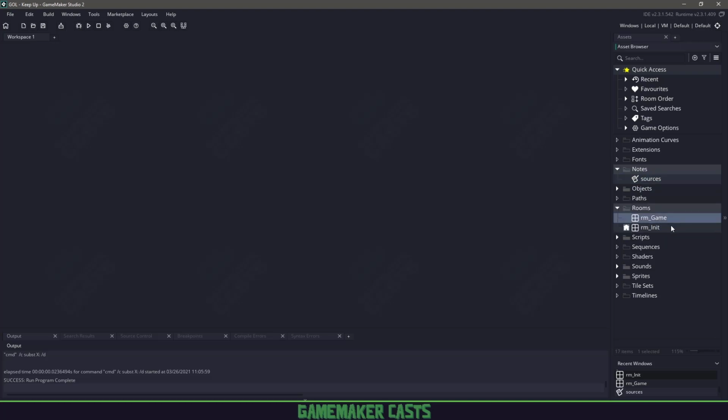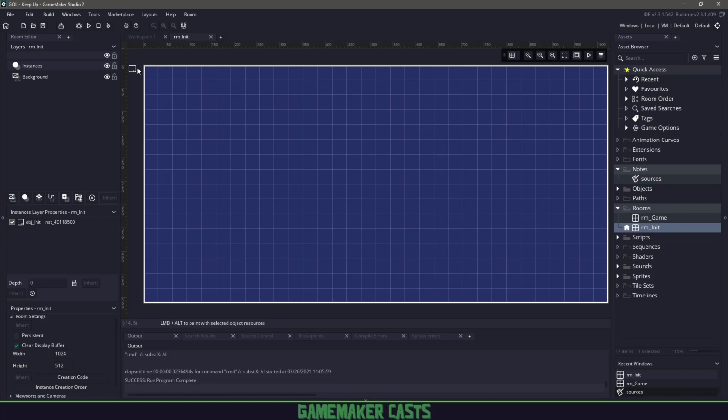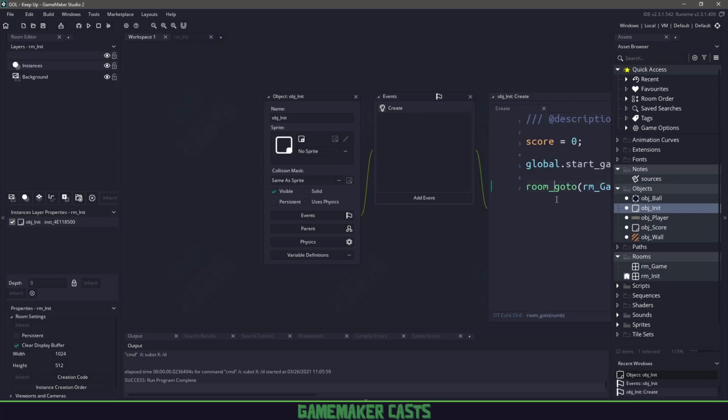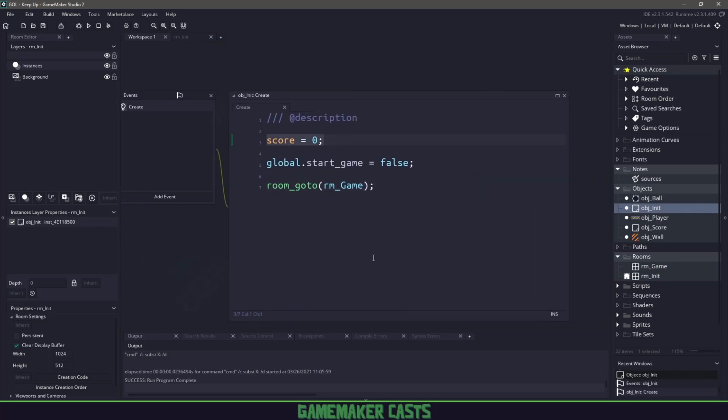We have our room init and our room game. Inside the room init is going to be our initialization variable, and we'll check that out because it's something that's already coded. We open up the create event, and you can see we're just setting our score to 0. We're setting a global variable, a Boolean, to false. Then we're just going to the main